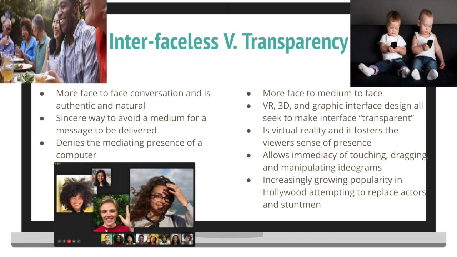Transparency is more face to medium to face. So it's more virtual reality, 3D, and graphic interface design, and it's seeking to make interface more transparent, meaning that we're making more technological advances to avoid having technology be the medium. It's weird in the way that we're doing it. It's more ironic than anything. Transparency is a virtual reality, and it fosters the viewer's sense of presence,